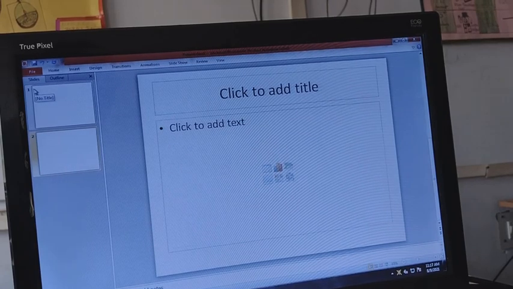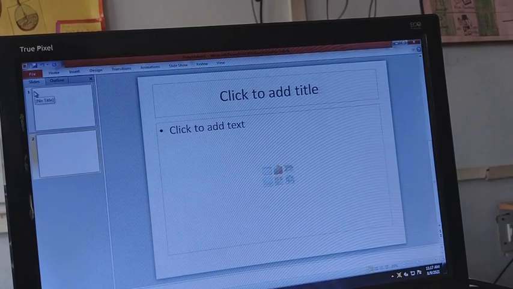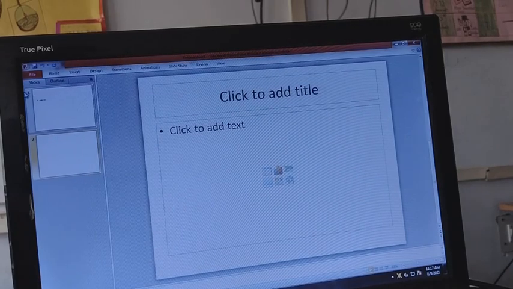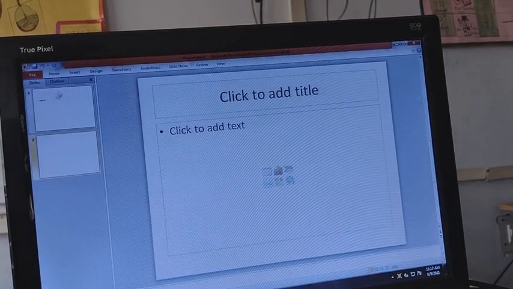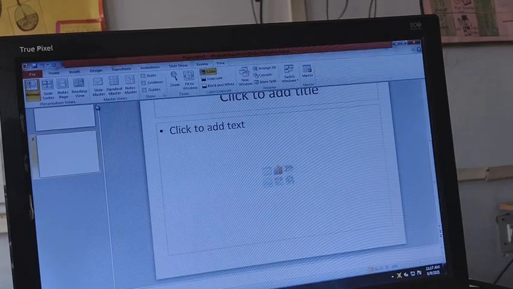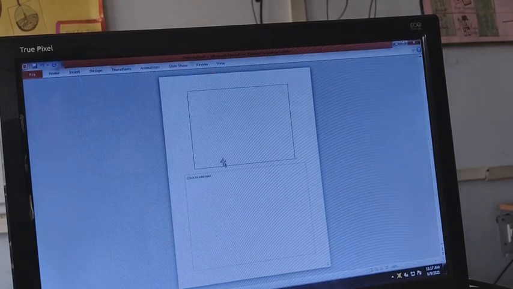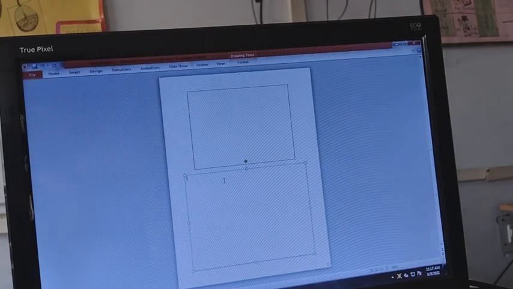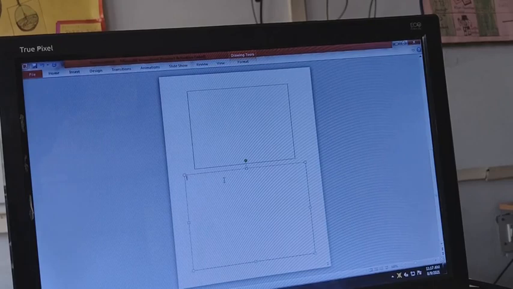One of the important views is the notes page. In notes page you have a note for your PPT. If suppose you have made this PPT for your project, you can give notes in this, whatever note you want.